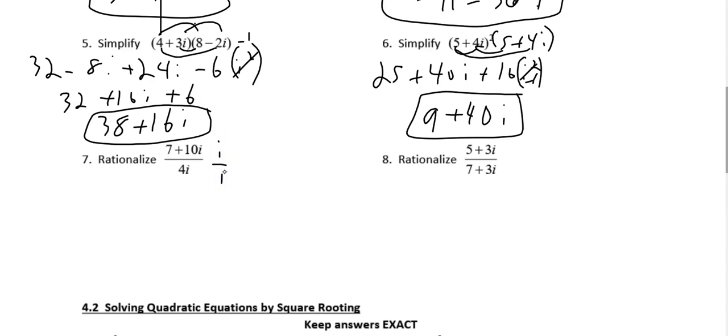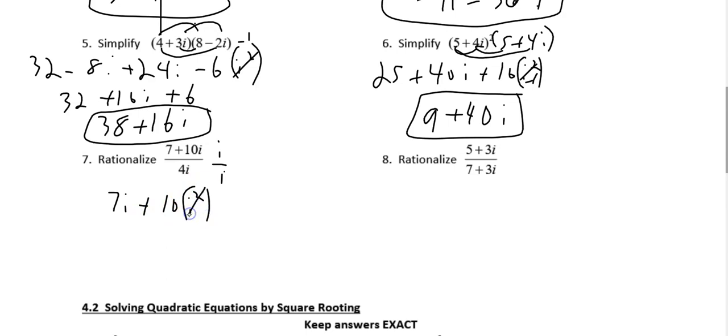Now, again, if you want to multiply by 4i, you're going to get 28i plus 40i squared and 16i squared on the bottom. But then what you're going to have to do is divide that 4 back out anyway. Okay? So you can just multiply by the i, which is going to be different than number 8, and we'll talk about that in a second. But I'm just going to multiply by the i, and that's going to give me 7i plus 10i squared,